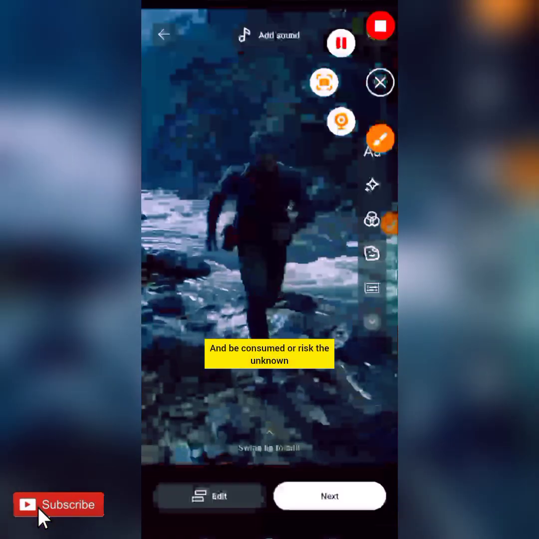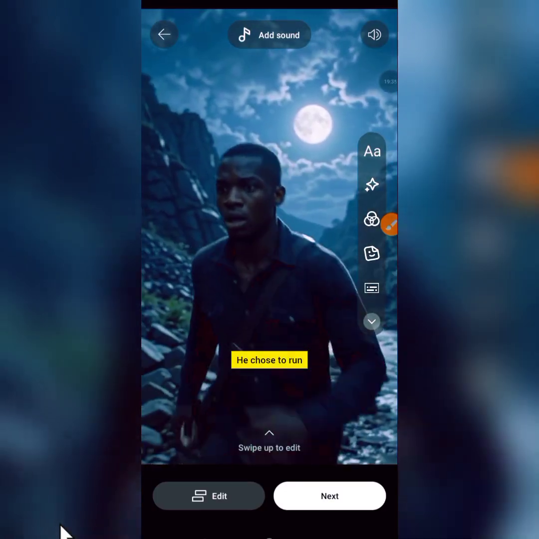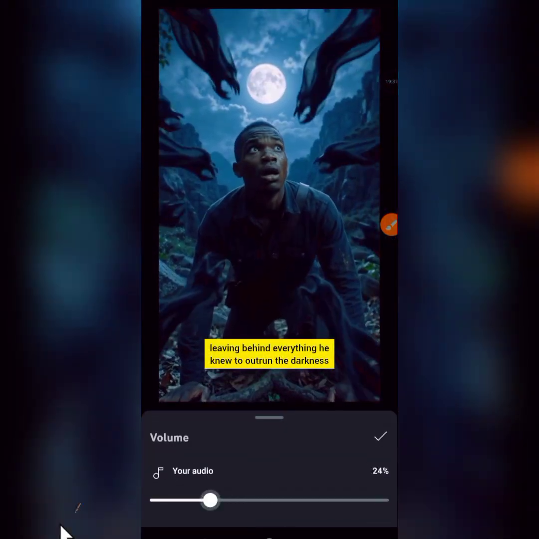And be consumed or risk the unknown. He chose to run, leaving behind everything he knew to outrun the